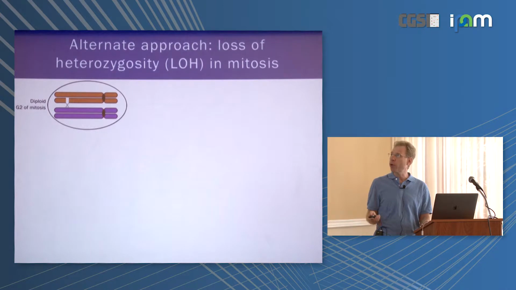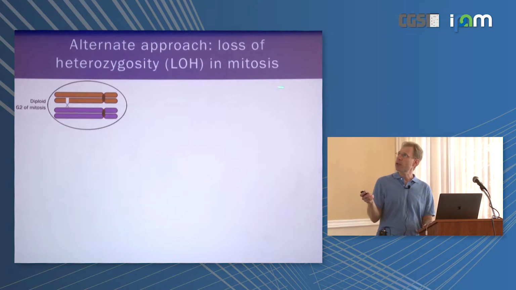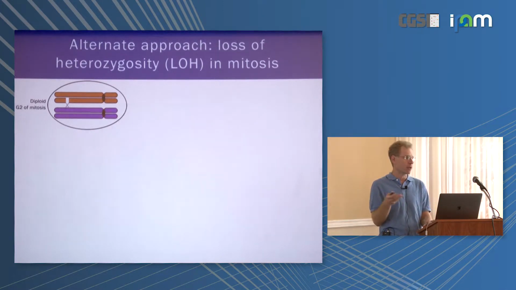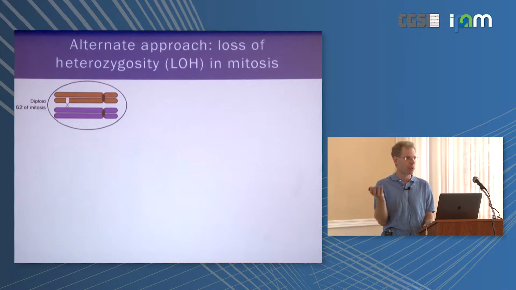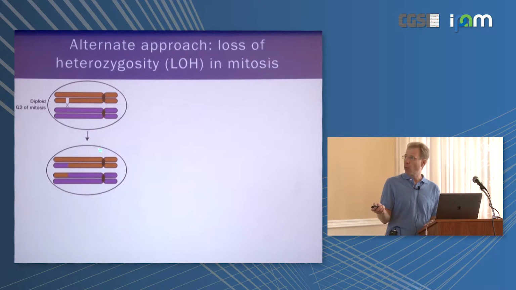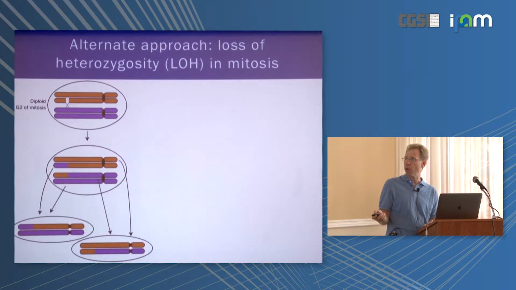So what we worked on is an alternative approach that relies on recombination-like events that take place during mitosis, so normal cell division, as opposed to meiosis, the special reductive cell division during sex. If you have a diploid cell and you make a double-stranded break on one of the chromosomes, one of the things the cell can do to repair it is to repair it off the other homologous copy of that chromosome. And once you sort out what happens after mitosis,